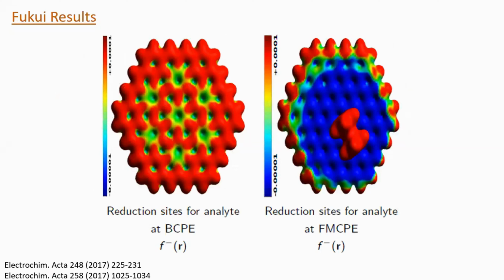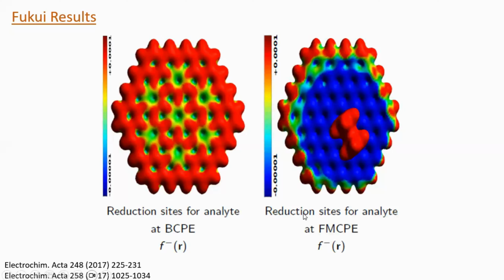Then what I have done, I have made the Fukui function analysis. Here you can see this is a carbon system. Here, f minus. If I remove the electron here, electron may go from any places, right? These results we also published in Electrochimica Acta. Why? Again it is like a plain cake. An electron can be removed from any places. Here the color will give like blue color regions have less reactivity, red color region is highly